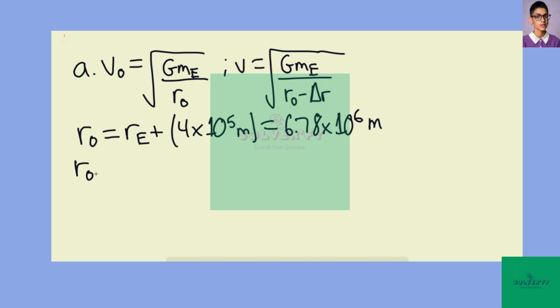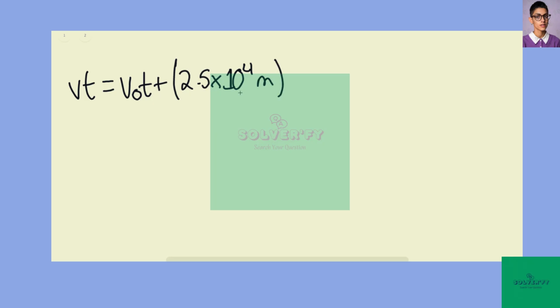And then we can say that r, the original distance minus the change in distance, will be equal to 6.779 times 10 to the 6th meters. So we can create a relationship with the kinematics and say that the velocity times time will be equal to the velocity initial times time plus 2.5 times 10 to the 4th meters, because that's how much distance we're trying to make up. So we can say that GM sub e divided by r original minus delta r to the